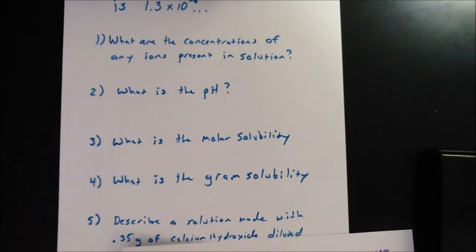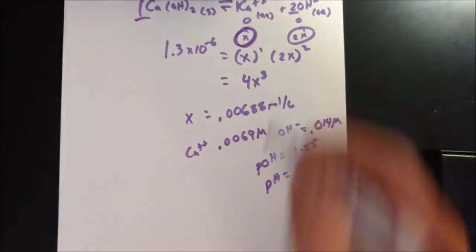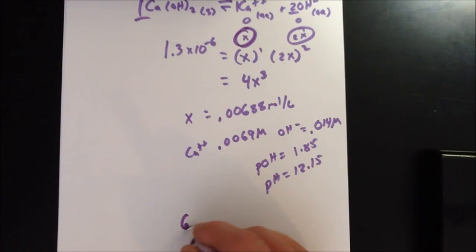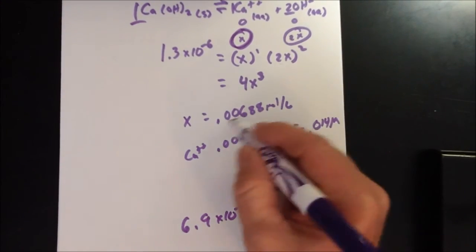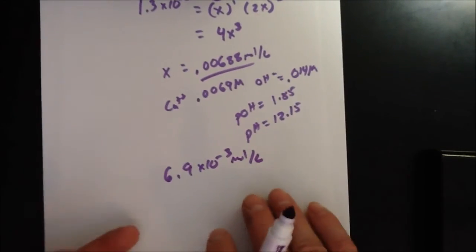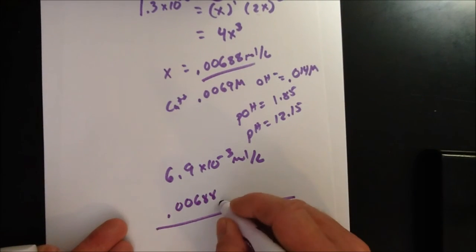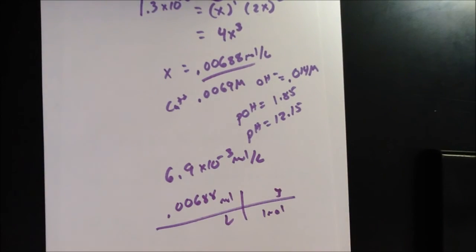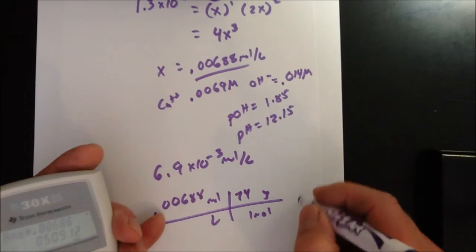All right, question 3, what is the molar solubility? Well, since x is 1 and 1, my molar solubility is, I'm going to report that now, 6.9 times 10 to the negative 3 moles per liter. Again, just same as x. And then it wants me to take that to the gram solubility. 0.00688 moles per liter. 1 mole is, I believe, about 74 grams. And I get 0.509